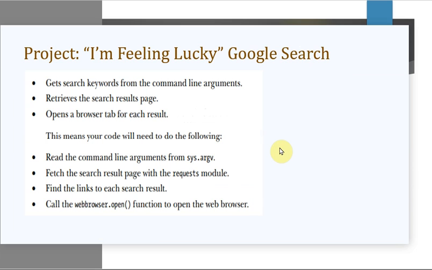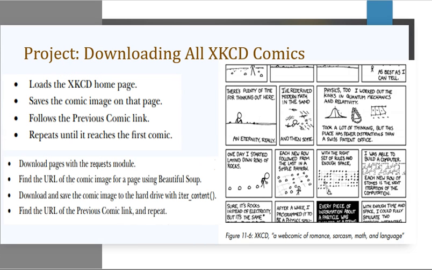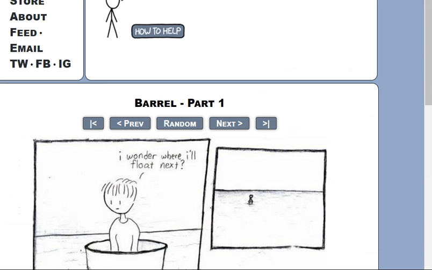Then we had seen a program with respect to the beautiful soup module, that was Google search. So we had seen this program. So next we'll come to the next topic, in the sense, even this example is for beautiful soup module only. Here what we are saying is, you might have viewed many blogs, or you might have come across many websites. Now what example they have given is about this XKCD.